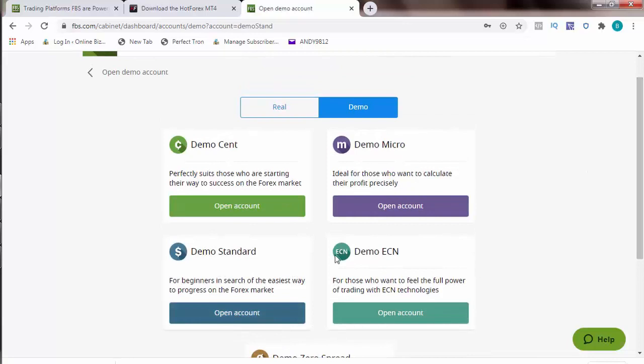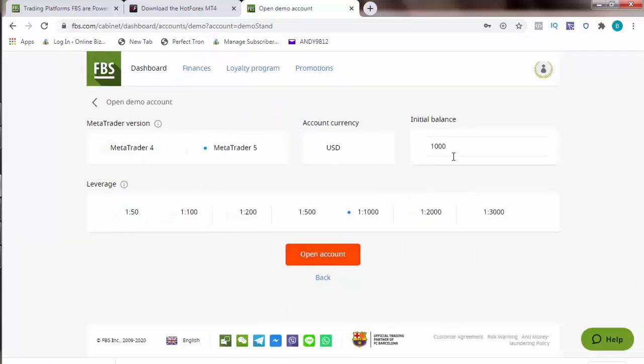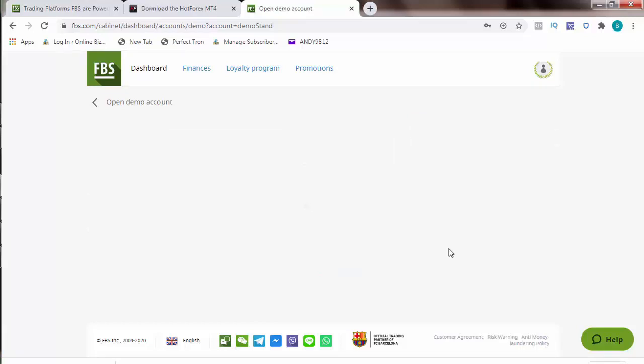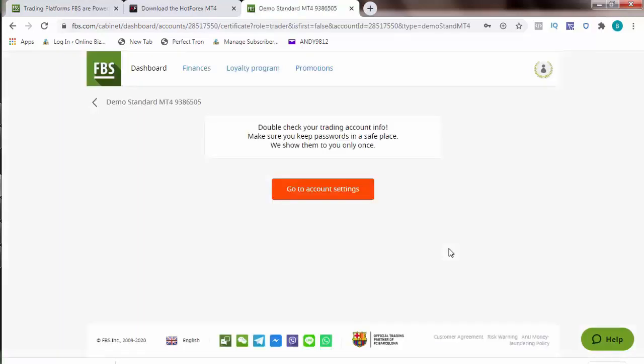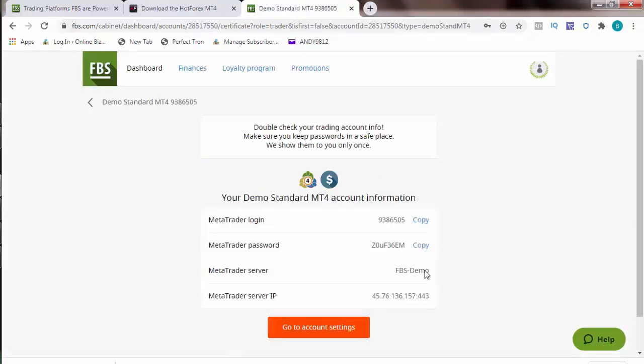So click on demo standard. Then here, this is always a default MetaTrader 5. You click on MetaTrader 4, then you can change this one to maybe 22,000. Then you can leave this one like this or choose 1 to 500. Just click and click open. When you click open account, it gives you this information. Ensure that this information you